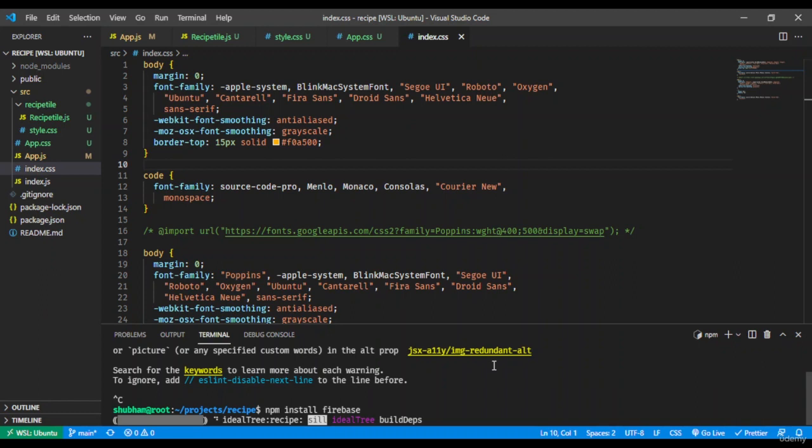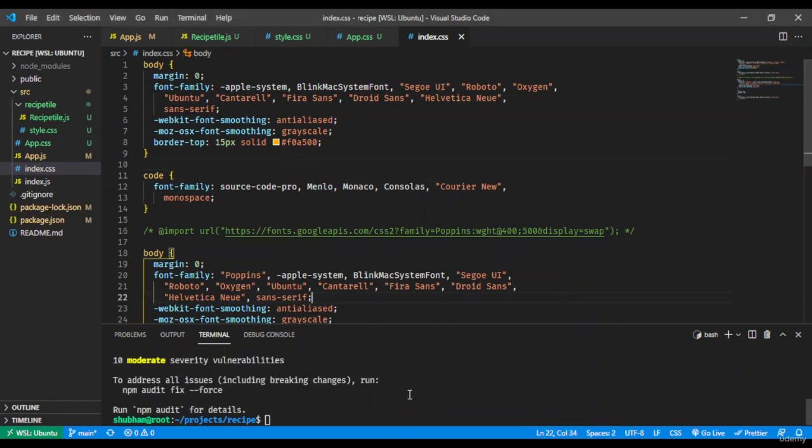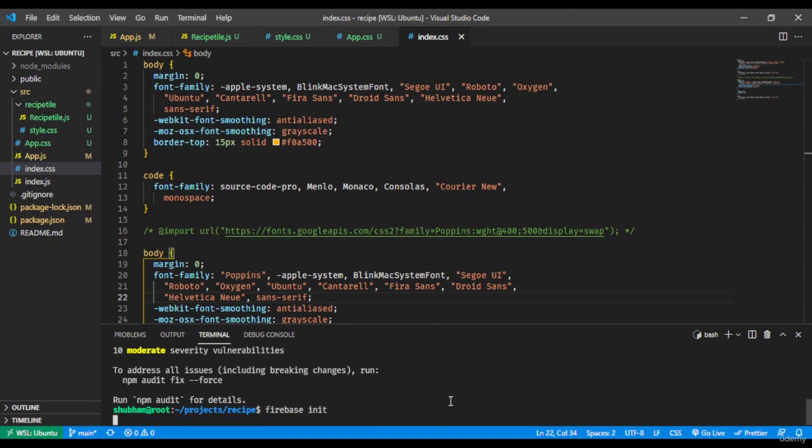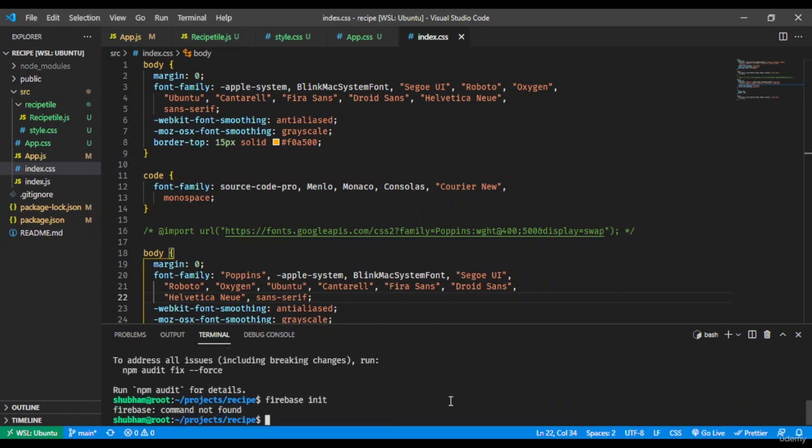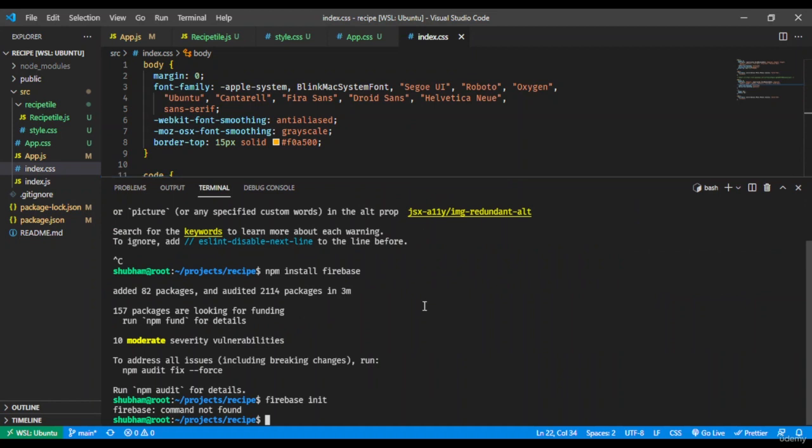This will take time according to your internet connection speed, so it can take a little time. Okay, so it's done installing. So now let me check if that works, firebase init. I hope the CLI works. I'm not pretty sure about this, because we might have to